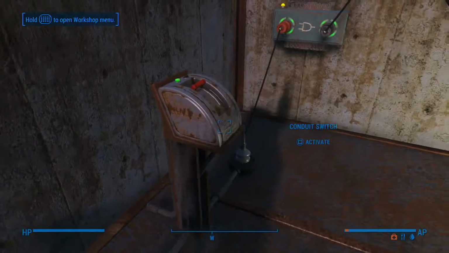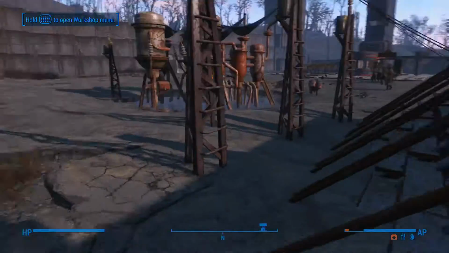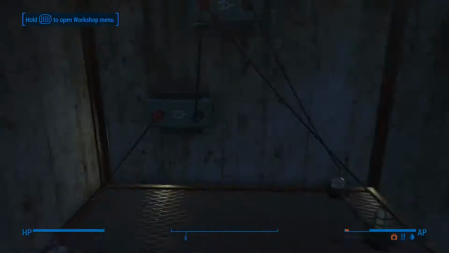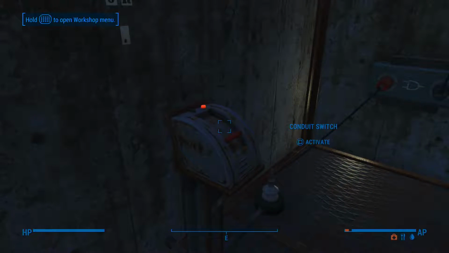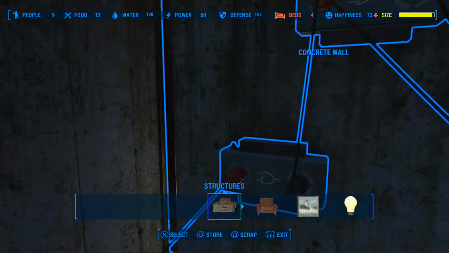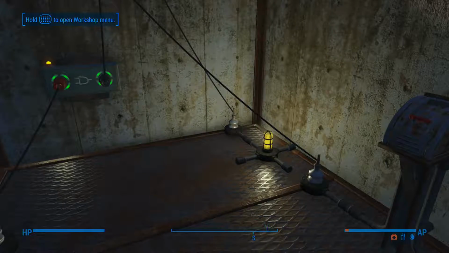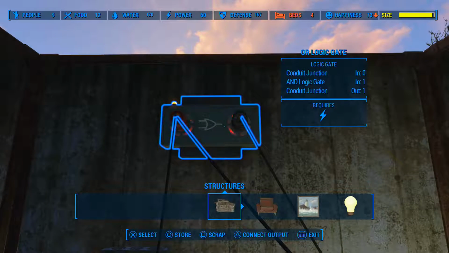So next, we shall go over to the OR gate, because that is the second simplest. This OR gate means if one input has power, then all of them have power. So here we have an AND gate and an OR gate. As long as one of these things has power, the light will light up. So now it's flashing red. The lights don't really mean anything usually,